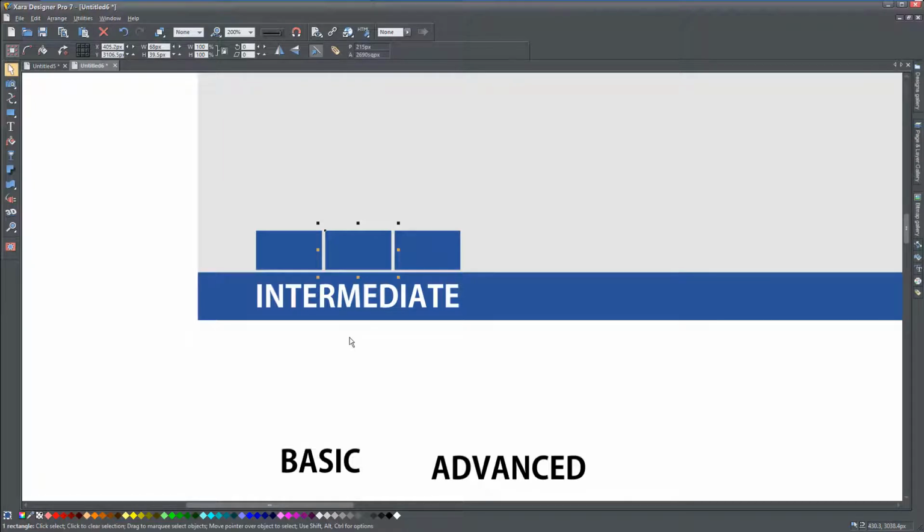Okay, so the way that I did it was I used the color from Word, for example, the darker blue, the normal blue, to signify the advanced, and then the intermediate was slightly lighter, and then basic was even lighter. So the way to achieve that was really just to select the middle one, for example, and go to transparency and make that maybe 20% transparent, and then the basic version will be at